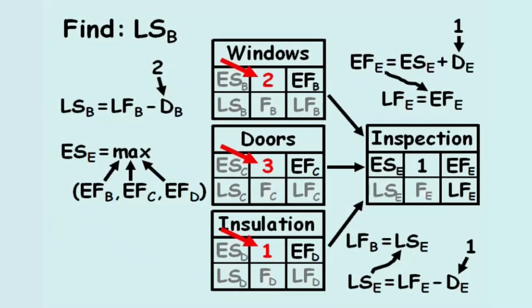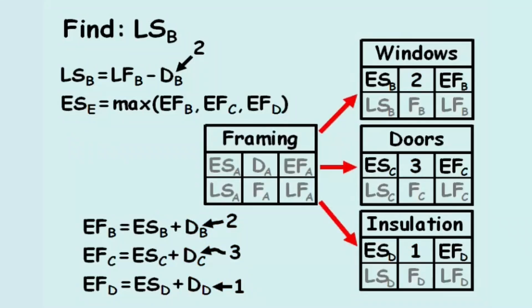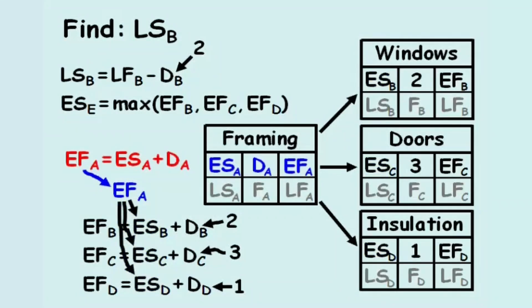Therefore, the early finish of these 3 activities equals the early start plus the duration. And we know the duration is equal to 3 and 1. Since the only predecessor of activity B, C, and D is activity A, the framing, we know the early start of activities B, C, and D equal the early finish of activity A. The early finish of activity A equals the early start of activity A plus the duration of activity A. The problem statement provides the early start